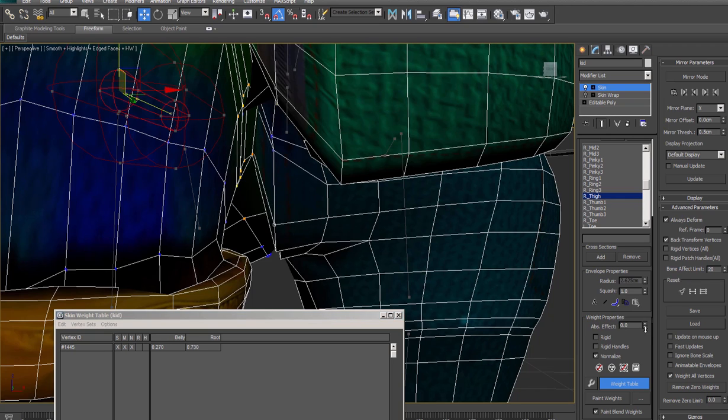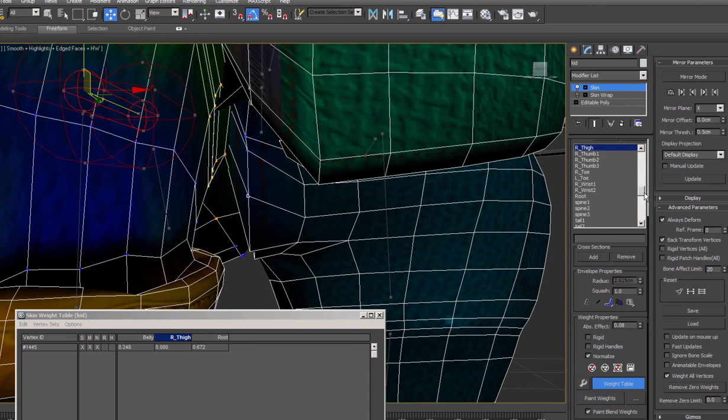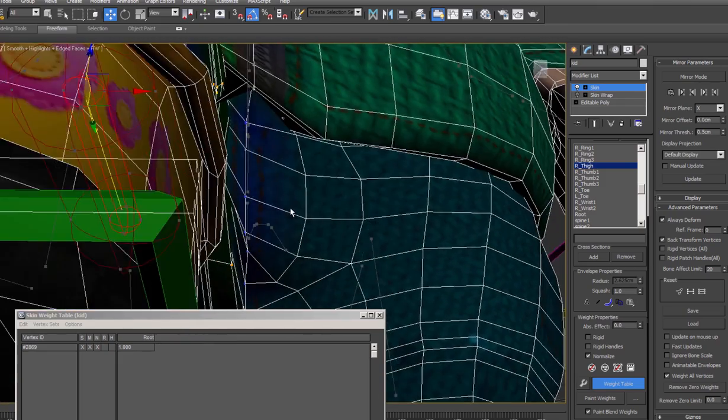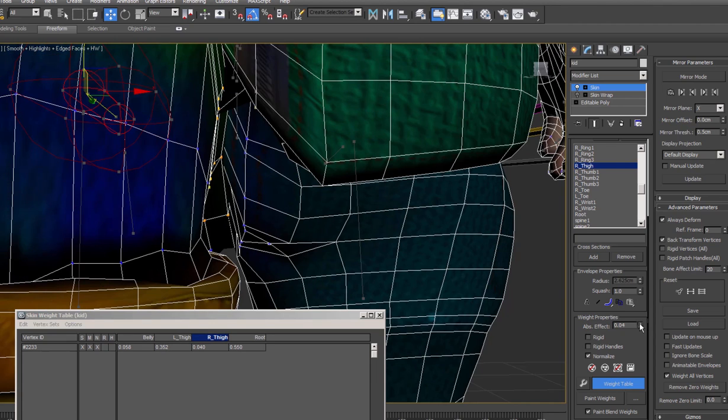Let's just pull this one up a bit so that it appears in our table, and we'll want to do the same thing with the left thigh so that they both give it a little bit of influence. I'll just start by adding some right influence to each one of these. This part in between can be a little bit tricky for characters. This one already has a bit of right or left thigh. We'll just add a bit of right so we can balance it out when it goes the other way.